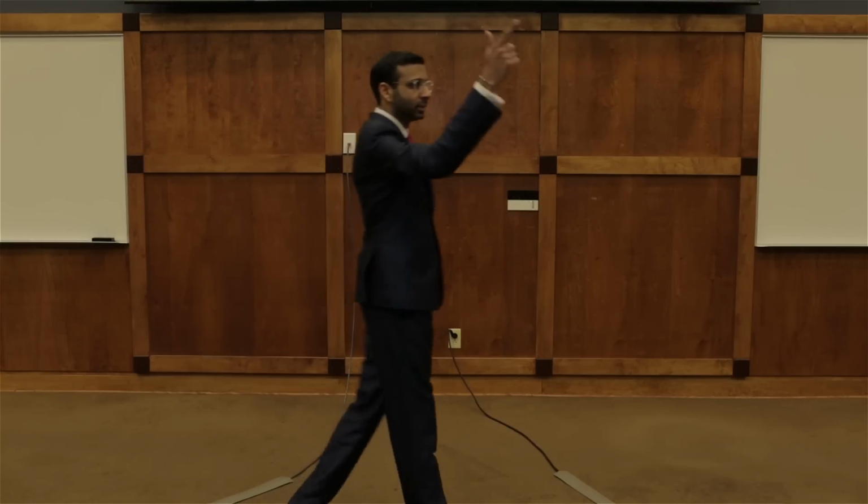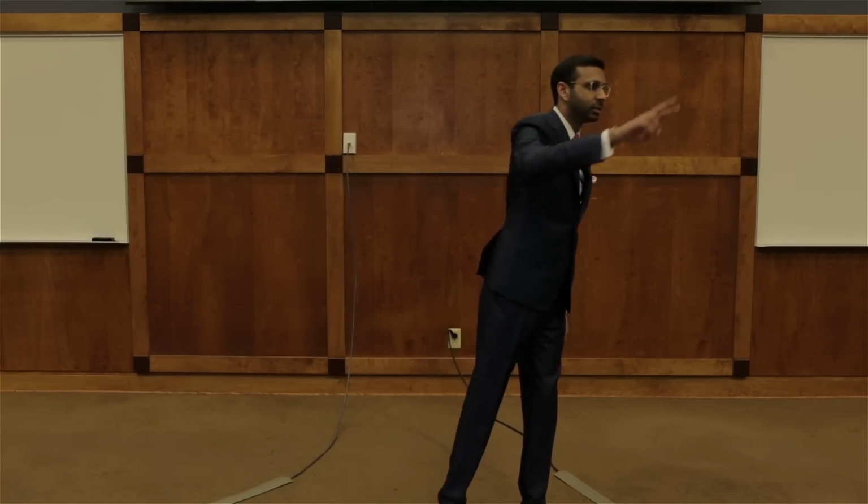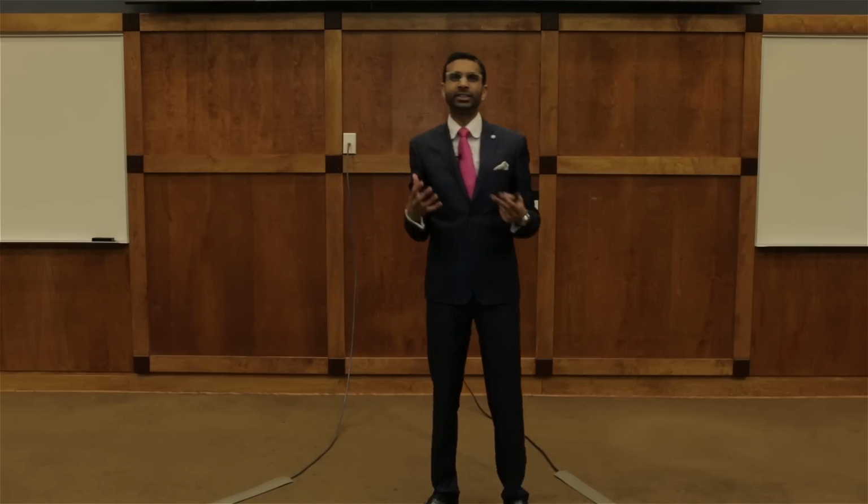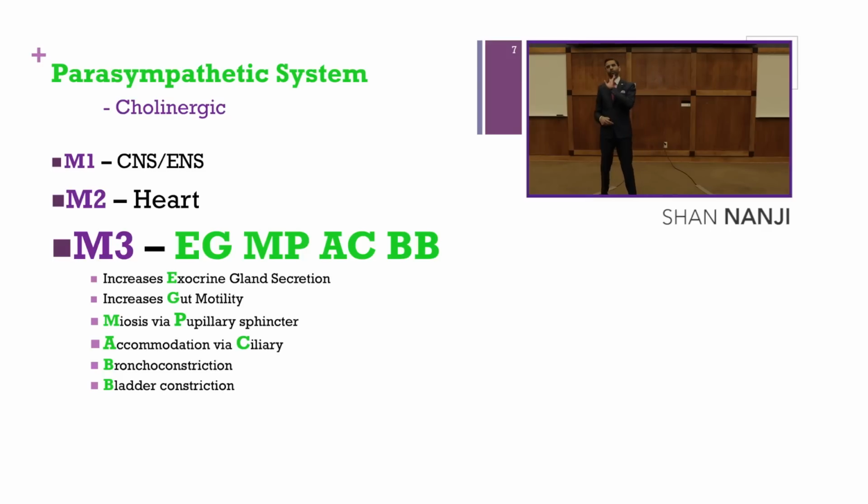I did all that to prove a point. What was the most important part of your body? The brain. Second most important part of your body? The heart. Third most important part of your body? The kidney. So where do you think your muscarinic type 1 receptor is located? The brain. So when I say the M1 receptor is located in the brain, the M in M1